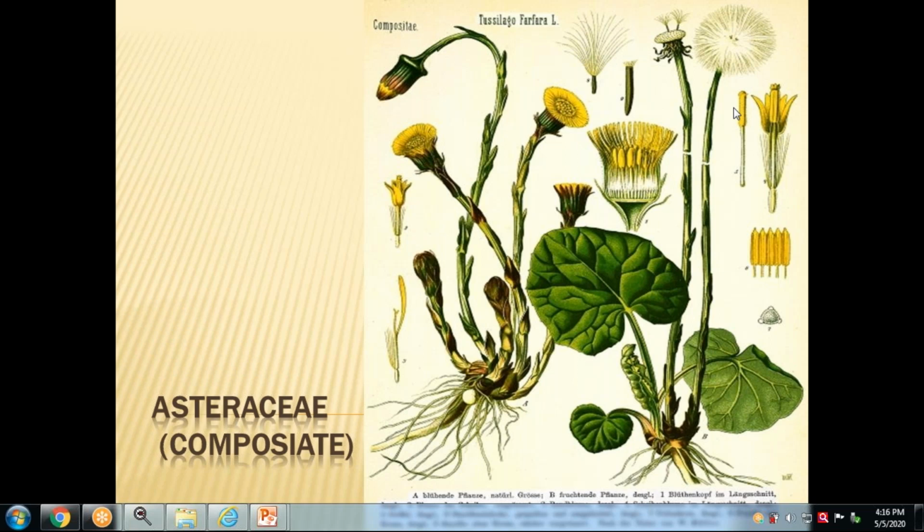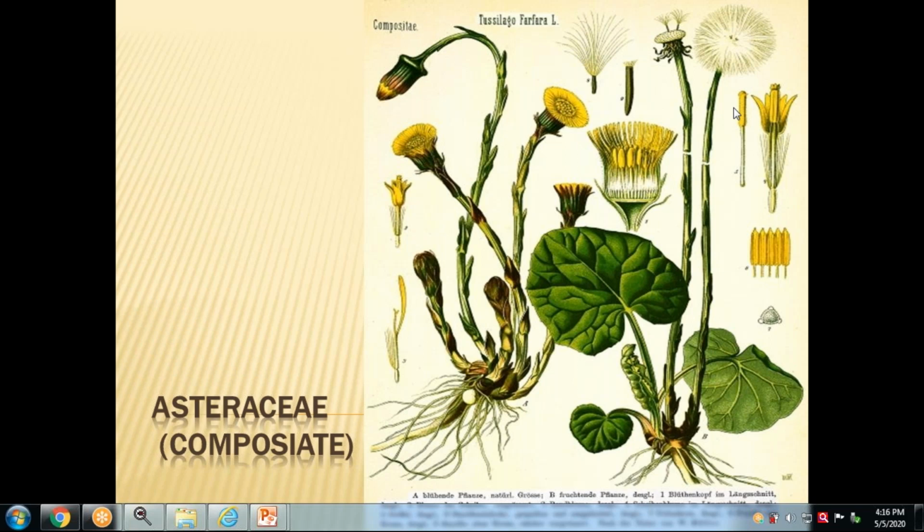From this family, the major plants are generally ornamental plants. The flowers are variously colored, therefore a lot of ornamental plants come from this family. Mainly we use Bhringraj, Pita Karveer, sorry, Pita Bhringraj, or another 2-3 plants we are going to see in this particular family.